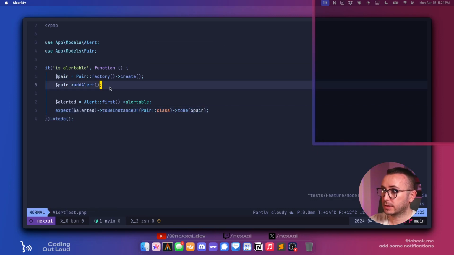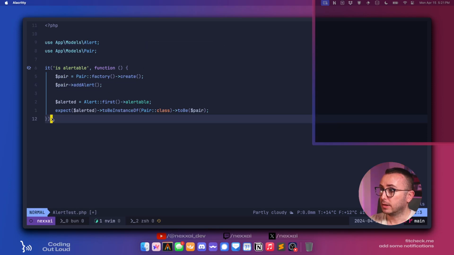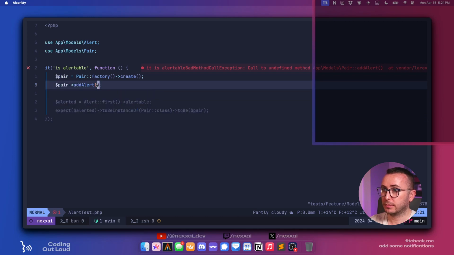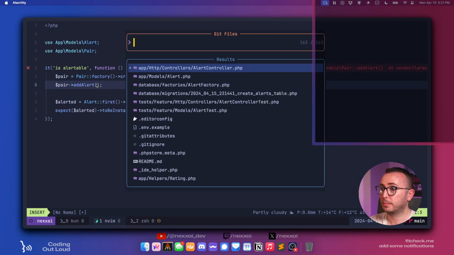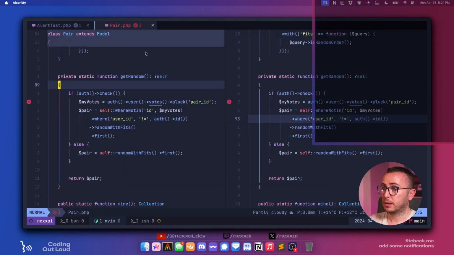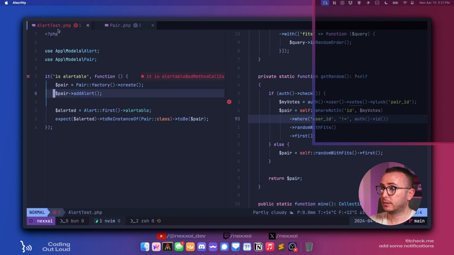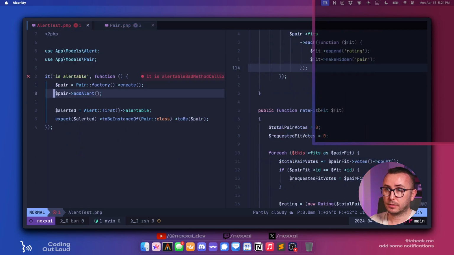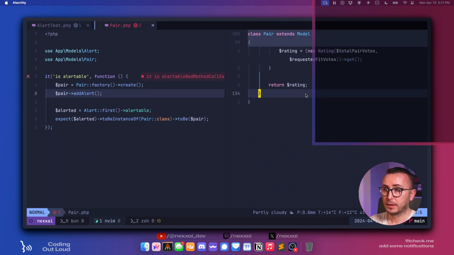Okay, so this is obviously going to fail because we don't have anything going for this yet. Okay, so that's going to fail. Call time behind method. Yeah, that's fine. So let's go into our pair model. Let's just put that over there. And over here, we are going to say